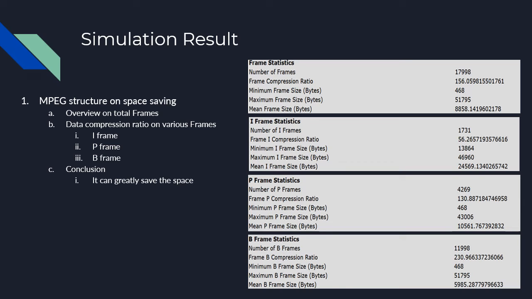very good, very high, which means for a 10 megabyte file we can transfer just 1 megabyte. And then the rest are the individual frame statistics. For the I frame, you can see compared to the total frames, it only takes a small amount, like 1/10, and the compression ratio is relatively small, it's 56, and the size is kind of steady since it's coded